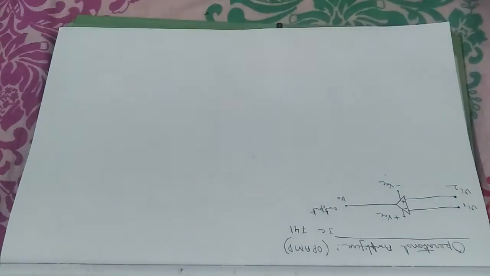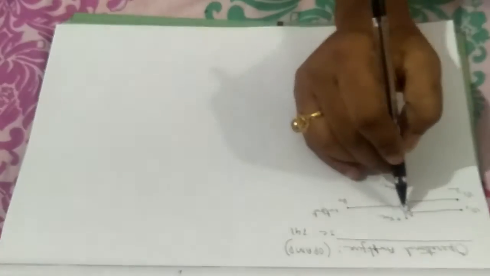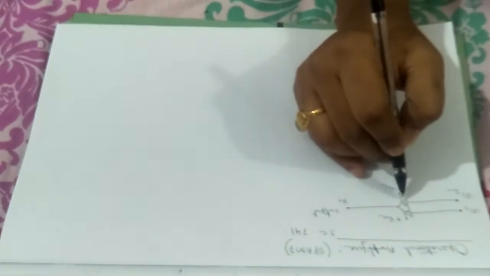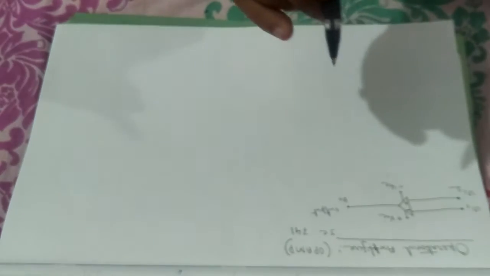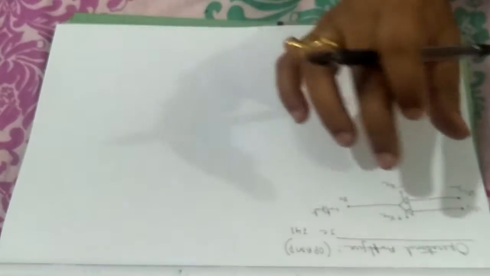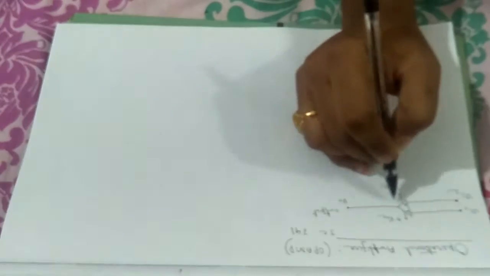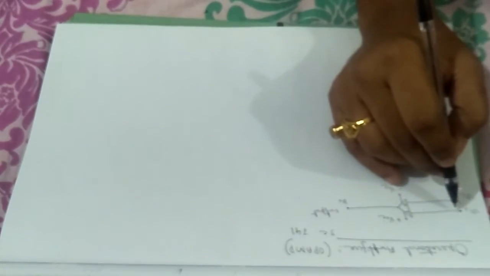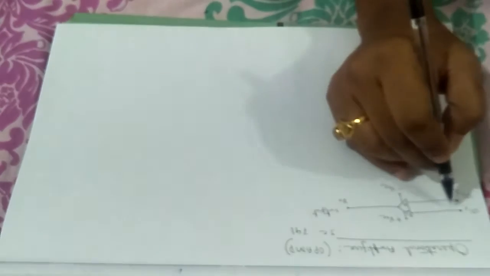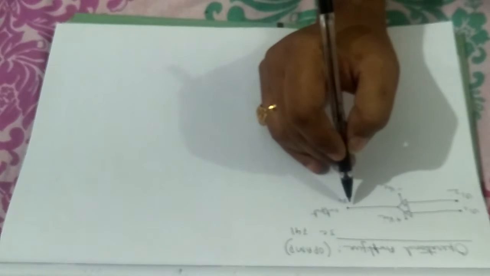And how the op-amp is constructed: the construction of op-amp is very complex. It looks like a small simple configuration, but inside it there are several transistors, capacitors, resistors and circuits. In our syllabus, only this part is included. You have to look at it as a black box type circuit. What is happening inside is none of your business. You have to look at what happens if you apply a particular input voltage in the inverting terminal, or in the non-inverting terminal, and how you will look at the operations of the op-amp.